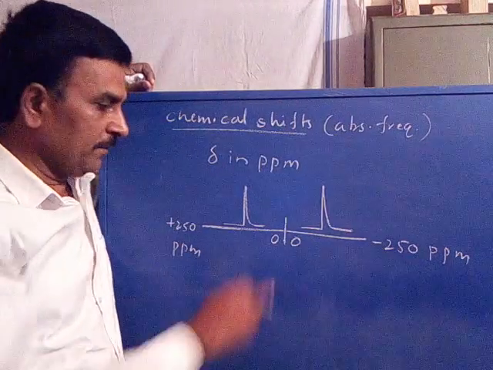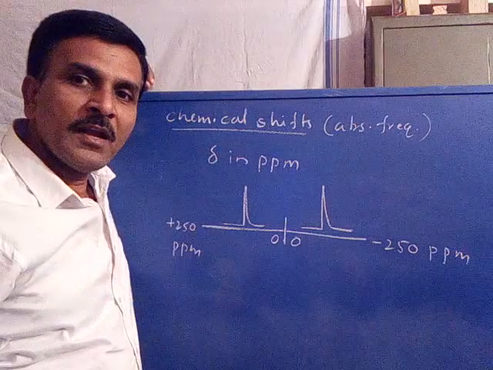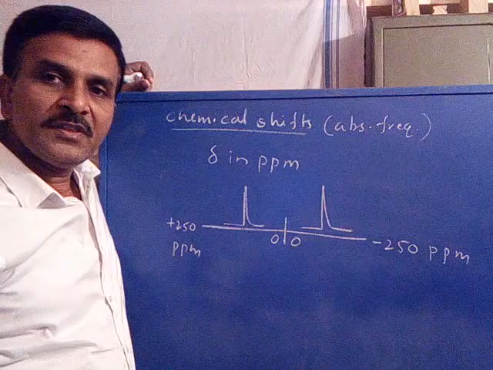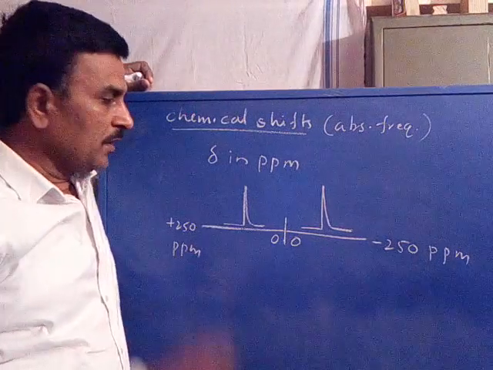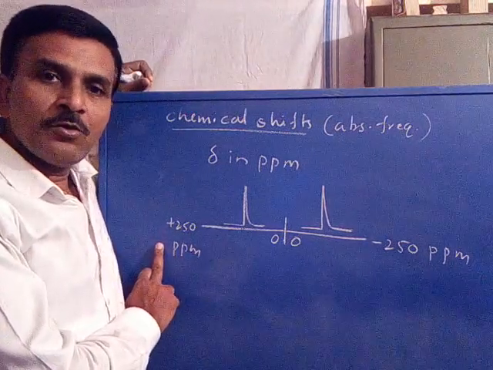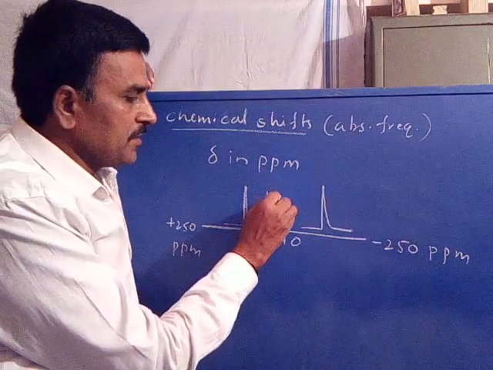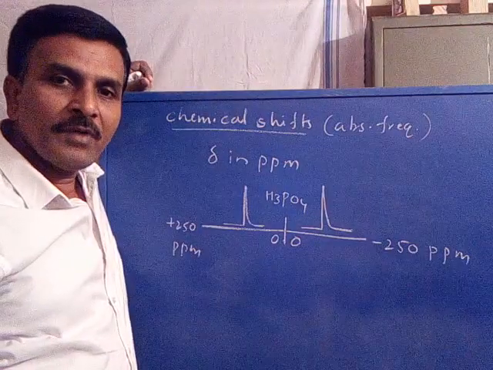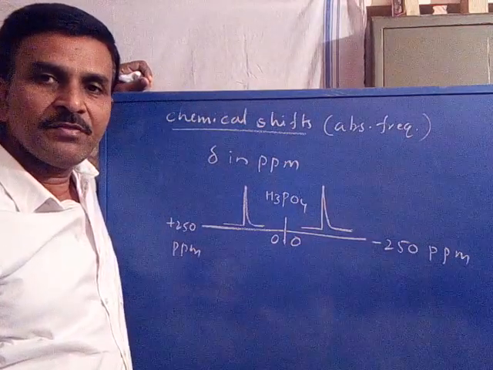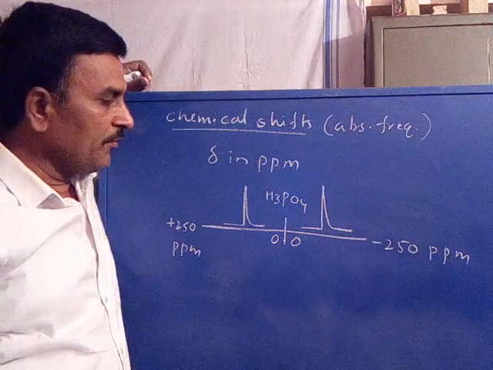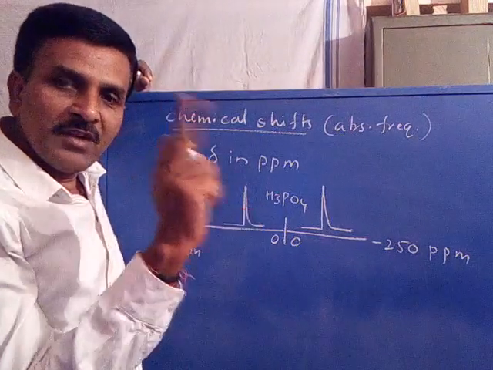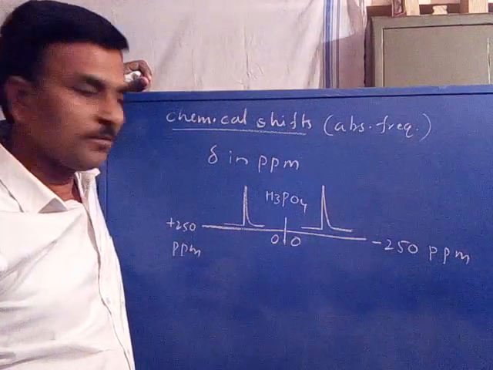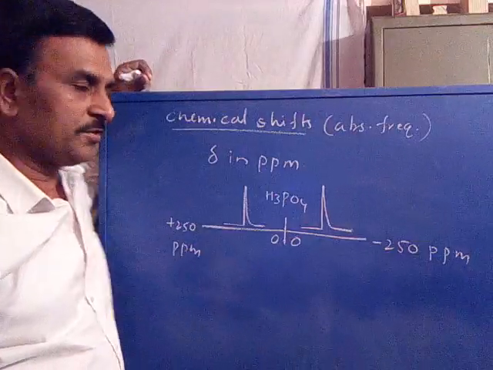Is it clear? Now here, for the reference, in the proton NMR spectroscopy, we have used tetramethylsilane as a reference with delta equal to 0.0. Now in the phosphorus NMR spectroscopy, orthophosphoric acid, H3PO4, is used as a reference for comparison of absorption frequencies of other phosphorus containing compounds, where H3PO4 appears with one signal at 0.0 ppm, similar to tetramethylsilane. This is about the chemical shifts.